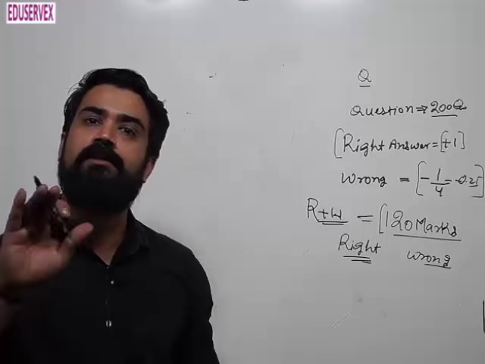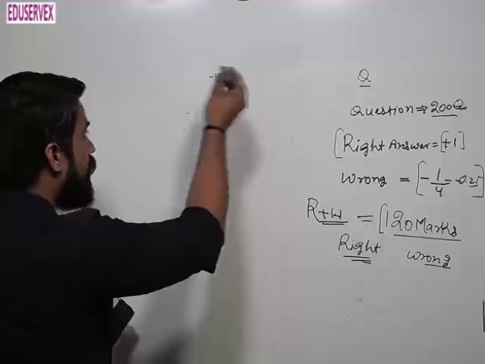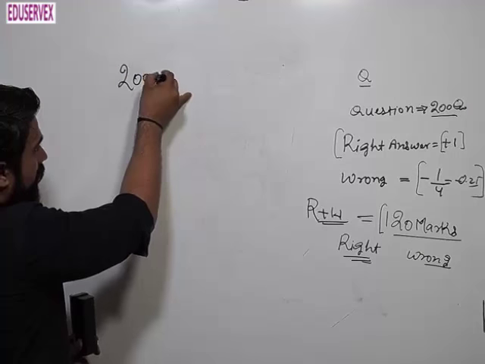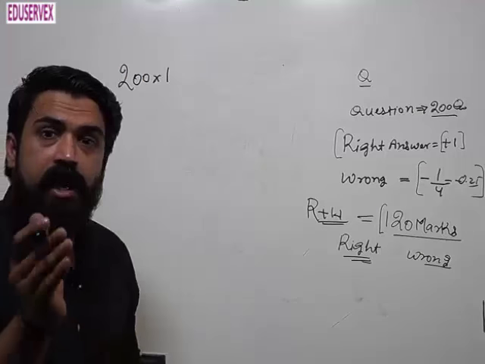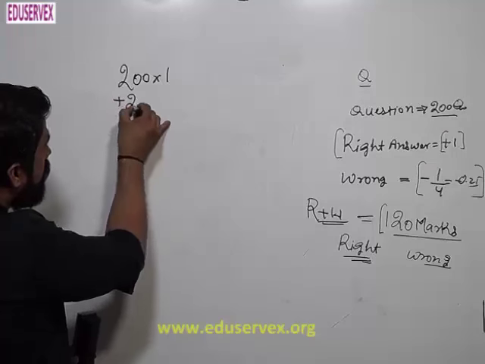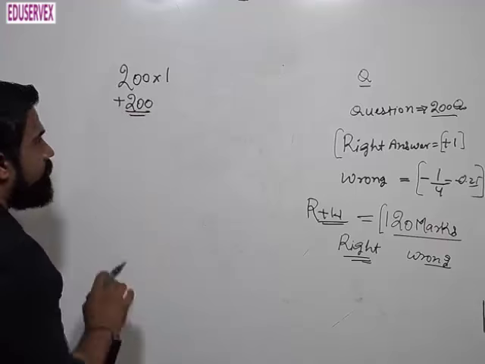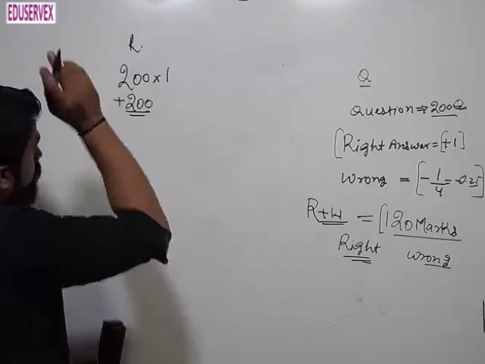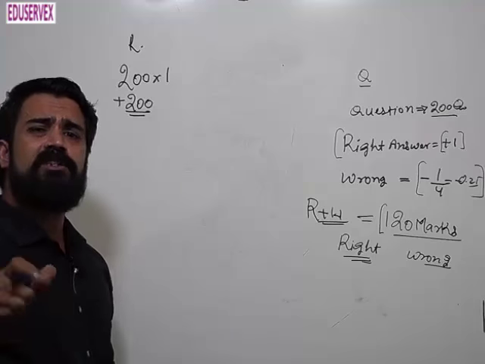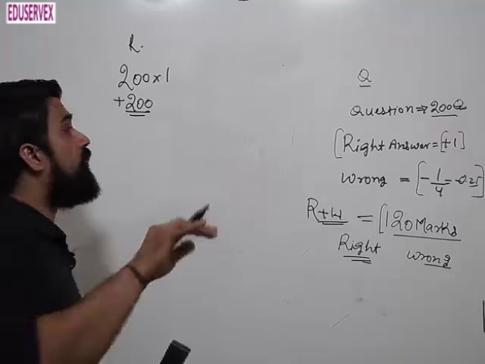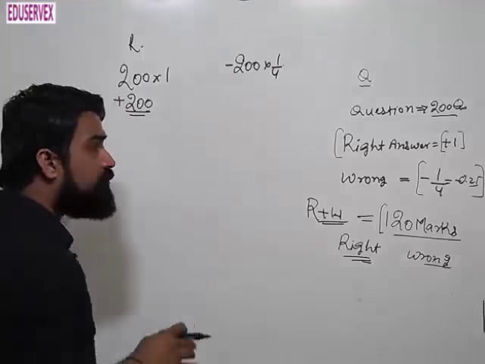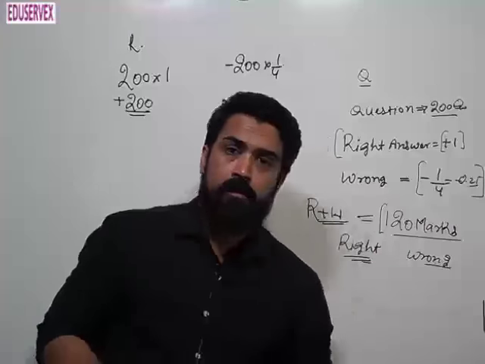If he gave all the answers right out of 200 questions, how many marks will he score? That is +200. If by mistake all the answers given were wrong, don't take it as 0,